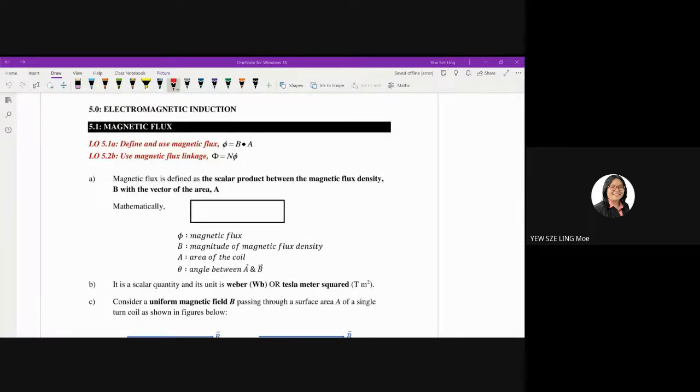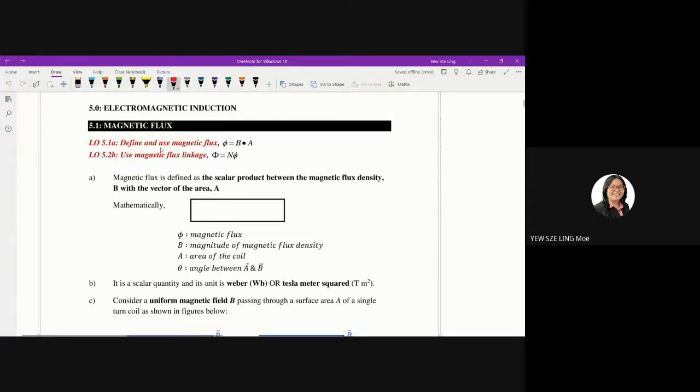In chapter 4, you use current: you switch on the power supply through the coil, then the coil will start to rotate, right? That is from current generate motion. In this chapter, when it comes to electromagnetic induction, you are the one that moves the coil, and when you move the coil, induced current will be generated. So that process is terbalik, a reverse process. So chapter